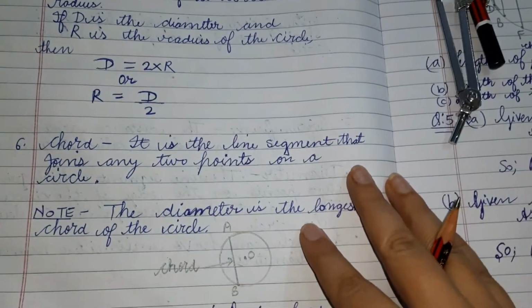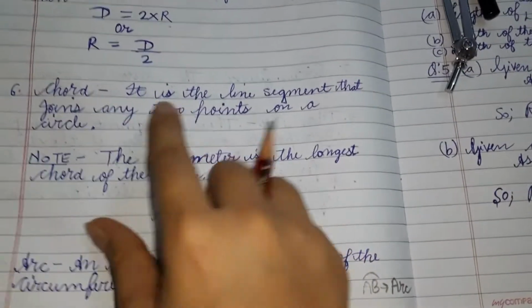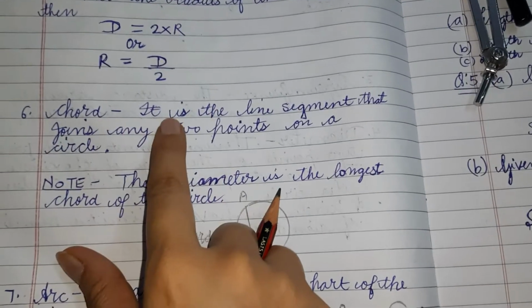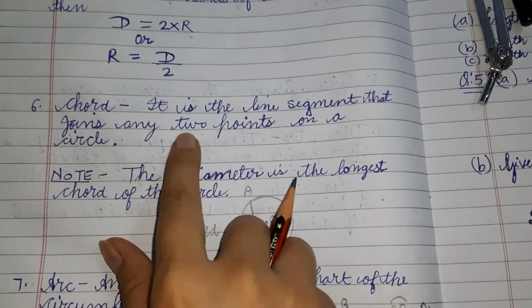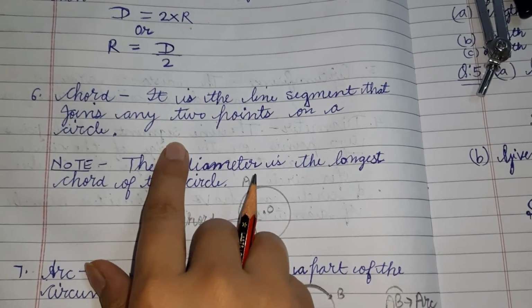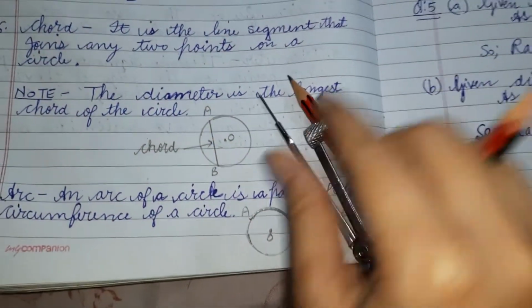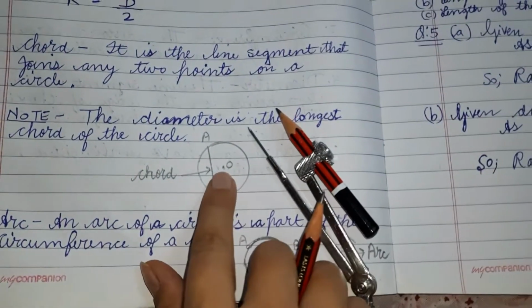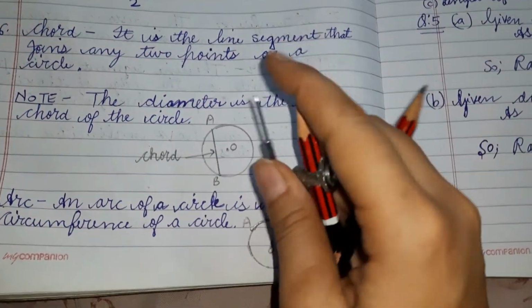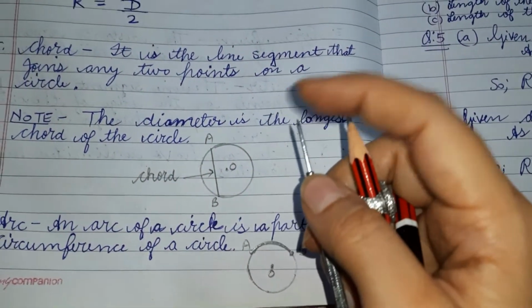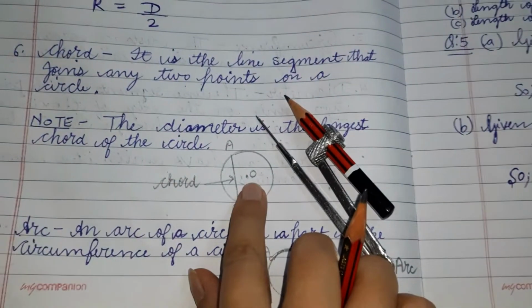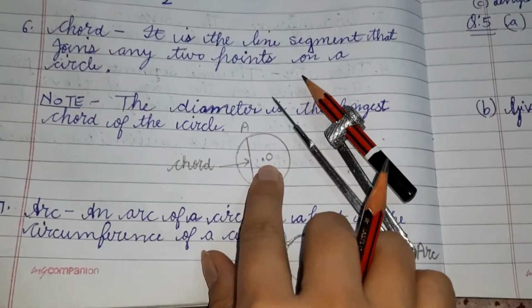Okay, in exercise 10.4. Now what is meant by chord of the circle? It is a line segment that joins any 2 points on the circle. Okay, students, so see, I have drawn again a circle with the help of this compass. This is my center O, where the impression is left by this pointed tip of the compass. This will be my center named by letter O.